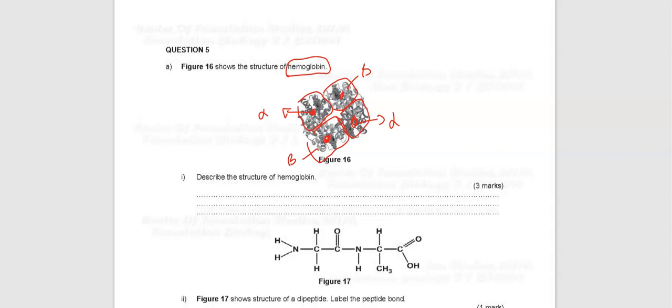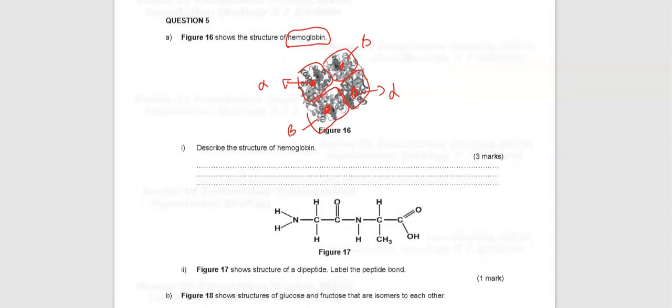For question number 1, it says describe the structure of hemoglobin. As you can see, hemoglobin consists of 4 polypeptide chains to form a functional hemoglobin. Therefore the structure of hemoglobin is quaternary structure. That is the first point. For the second point, it consists of 4 polypeptide chains, which is 2 alpha and 2